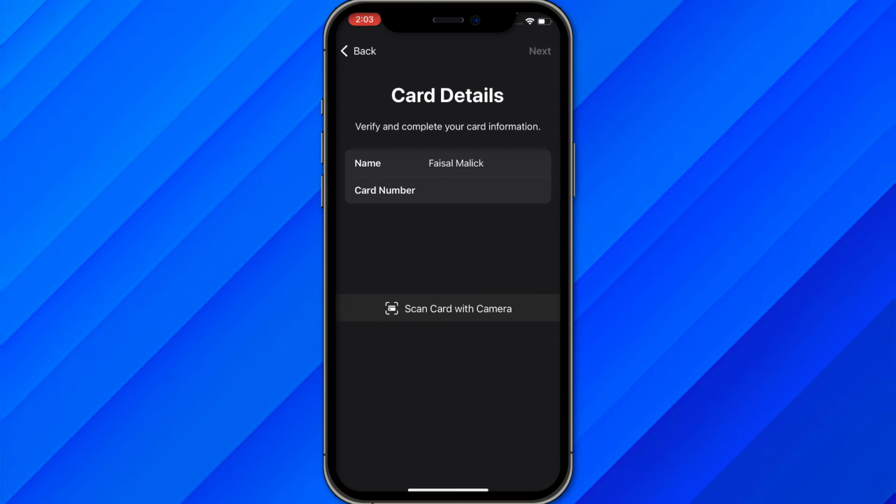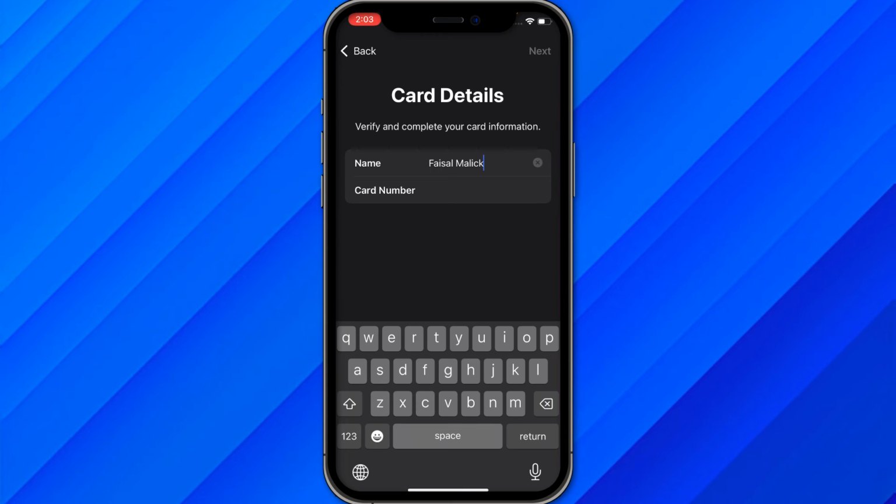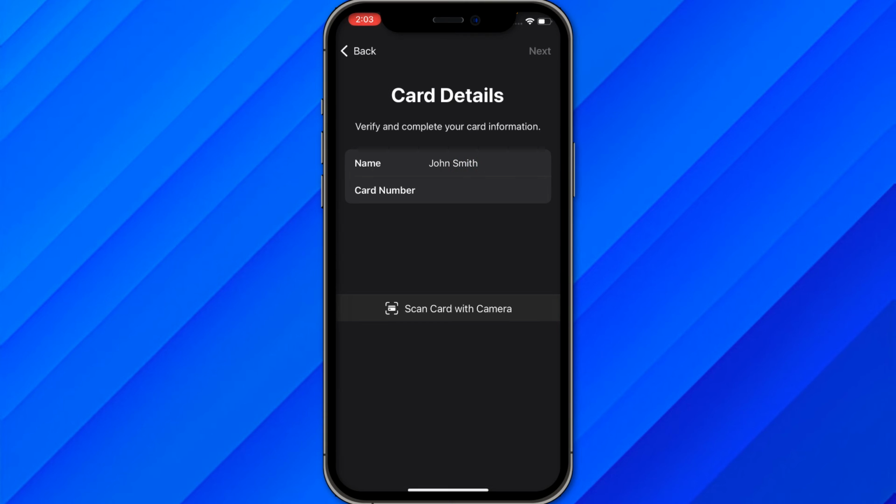And once you click on enter card details manually, you just need to write down the name that is available on your card. Let's say my name is John, or like any other name, John Smith. Let's say this is my name, and find the card number on your virtual card and add the card number on this section. And once you have added the card number here, just click on next, and Apple will